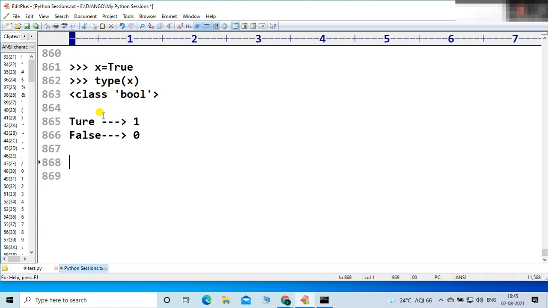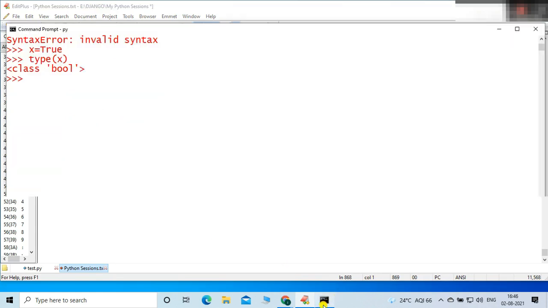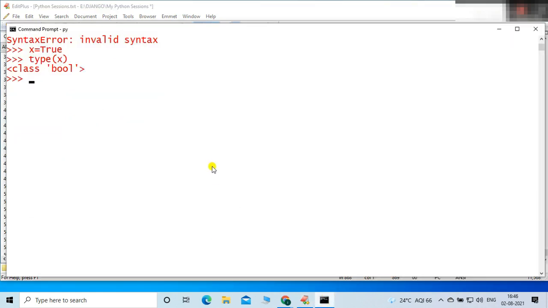Let me show you an example. You will ask, sir, how? Definitely I will give the proof. Let me take another variable: y is equals to True plus True. Let me enter and show you the value of y.